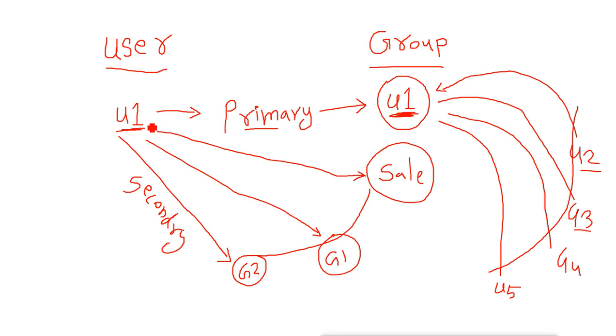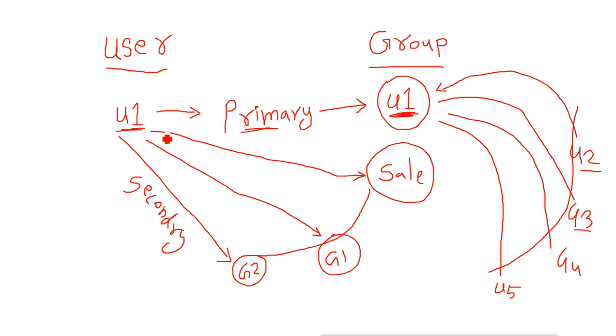This user is a member of all these groups, but only one group will always remain the primary group. And a group can have multiple users as members, and they can all be primary, and also they can all be secondary. It can be a scenario where we have only one primary member for the group, and the rest of the users will be secondary members. But we can have a scenario where all the users of the group have it as their single primary group. But this is not the default. We have to make this. This is not the default.